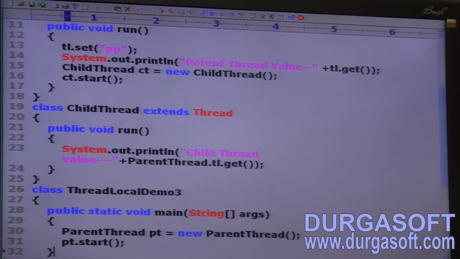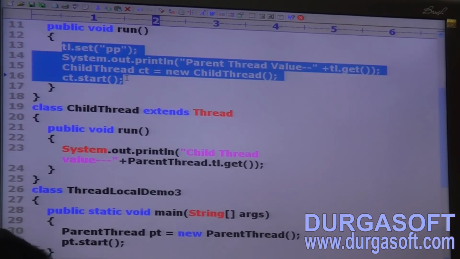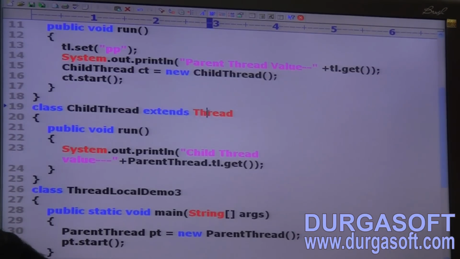Public void run method: tl.set("pp"); System.out.println("Parent thread value: " + tl.get()); ChildThread ct = new ChildThread; ct.start. Next, class ChildThread extends Thread.